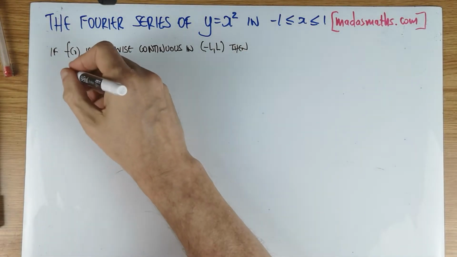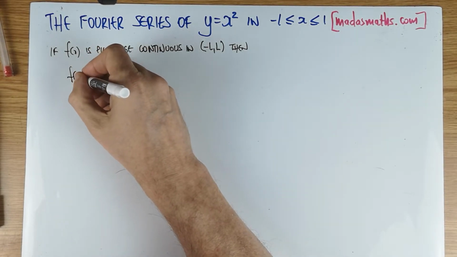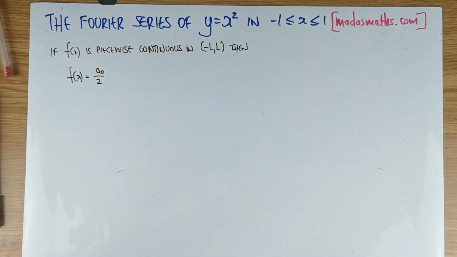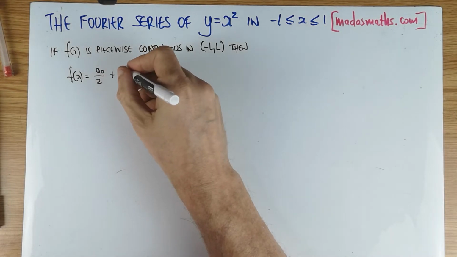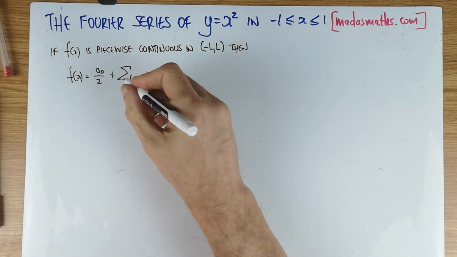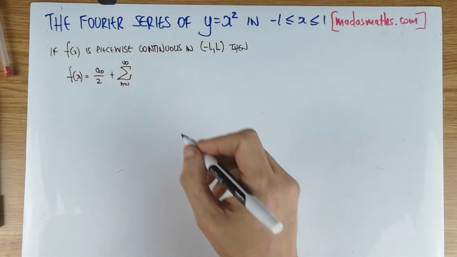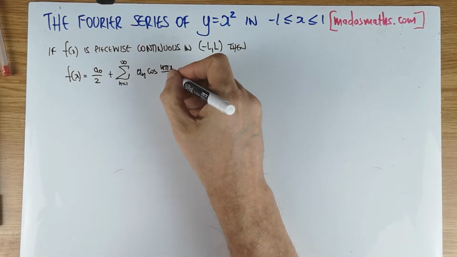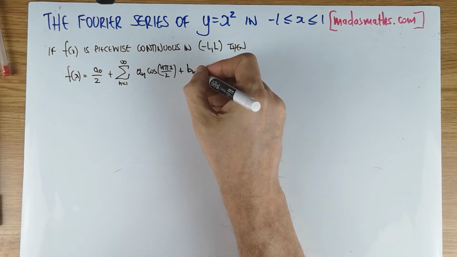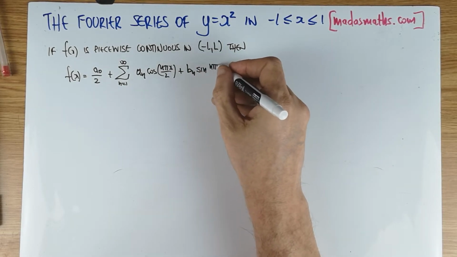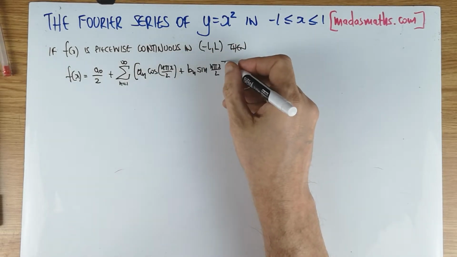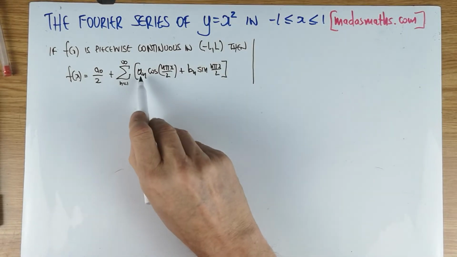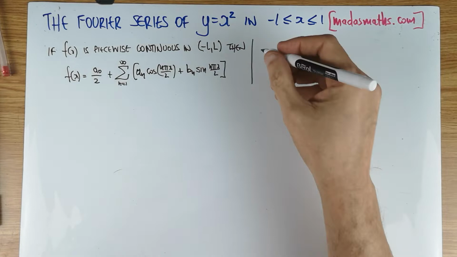Okay, so f of x can be expressed in terms of sines and cosines by the following: a naught over 2, plus the sum, n is equal to 1 to infinity, of an cos n pi x over L plus bn sine n pi x over L. Okay, where of course